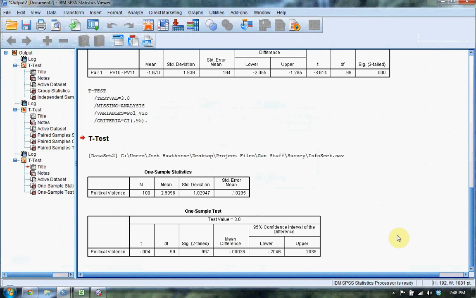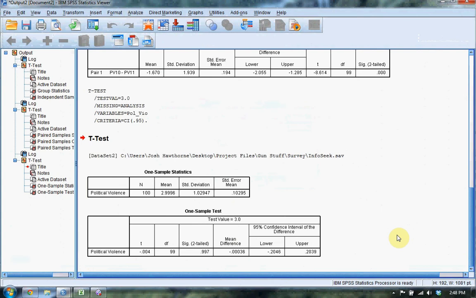So that is how you run the t-test in SPSS in various different ways. We went through the independent samples, the paired samples, and the single sample t-tests. We talked about how to handle homoscedasticity violations using the Levene's test of equal variances in the independent samples t-test. And that's really the only violation that we particularly need to worry about. SPSS handles all others for us